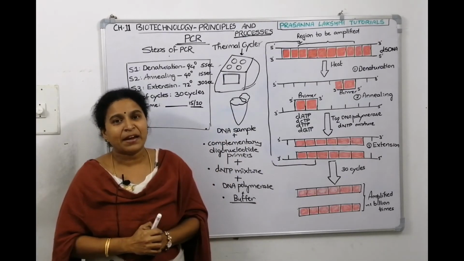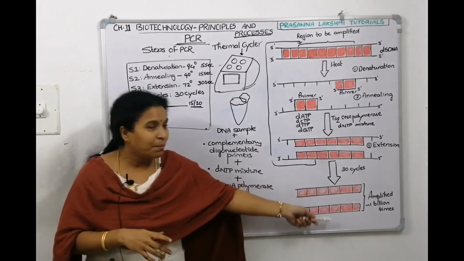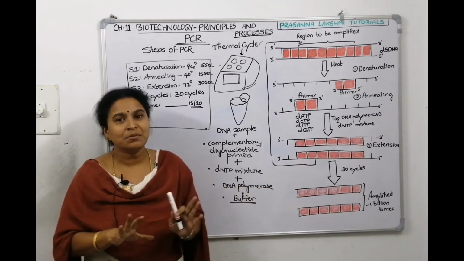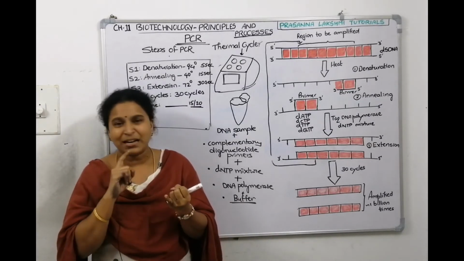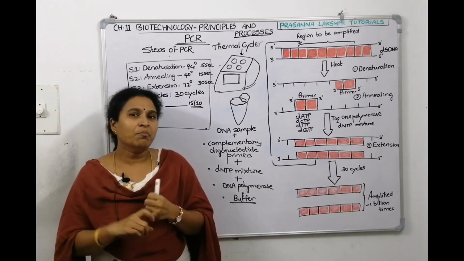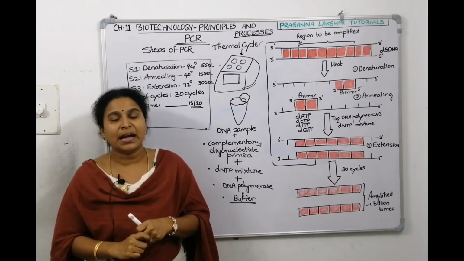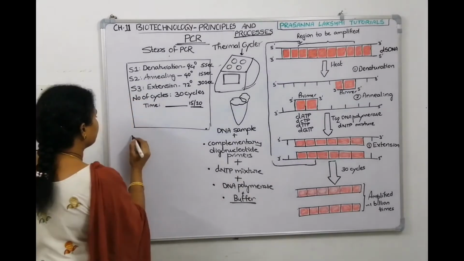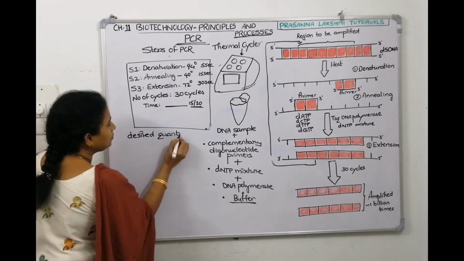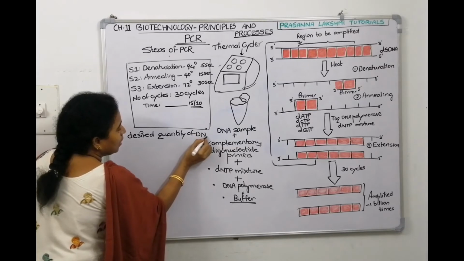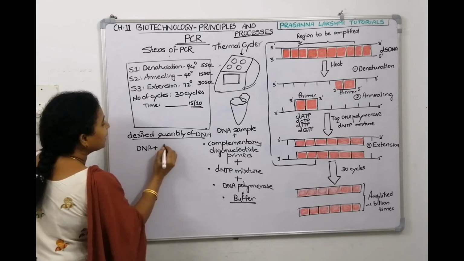After the sample gets amplified, you can multiply the DNA up to 1 billion times. Beyond 1 billion times you cannot multiply. This is your maximal limit. Since the machine is doing it, there is no chance of contamination. There are no mismatches also. Perfect additions will be done. You will get 100% accuracy, and you will get your desired quantity of DNA. Now take the DNA and start gene cloning.